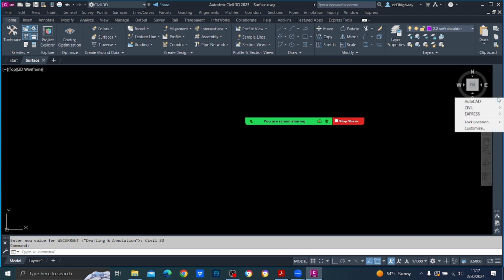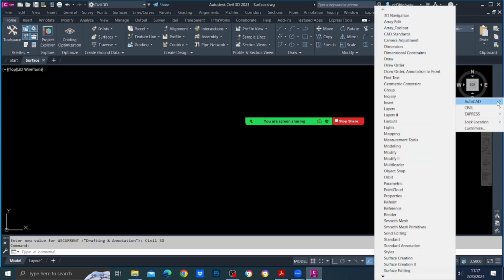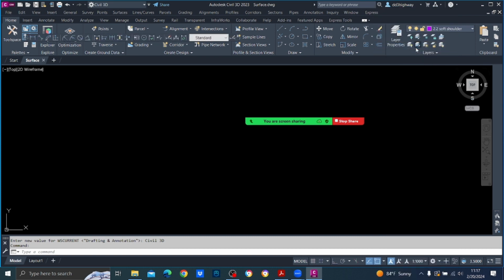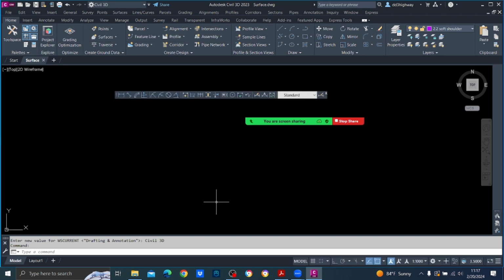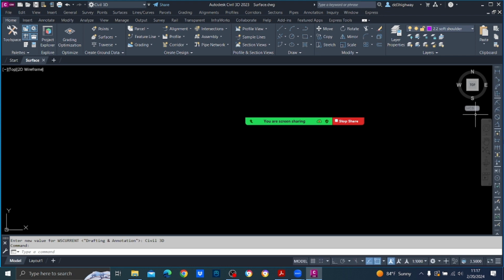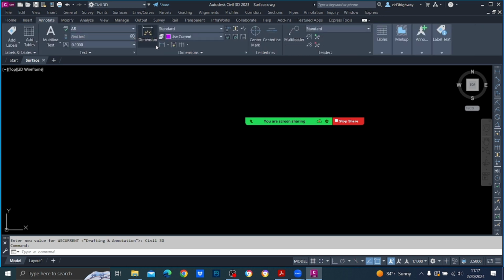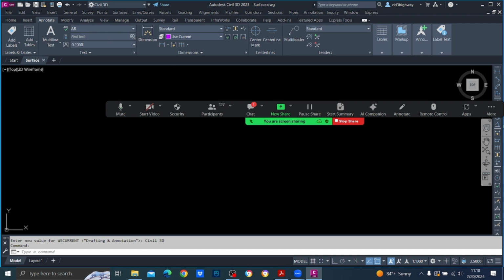Then what I do is I right click there and go to AutoCAD and see here dimension, right. Then the dimension bar came, right. Then I go and put it here. Of course you can use this annotate, and using this dimension you can measure things, but it is always easy to have your dimension bar there. Okay,